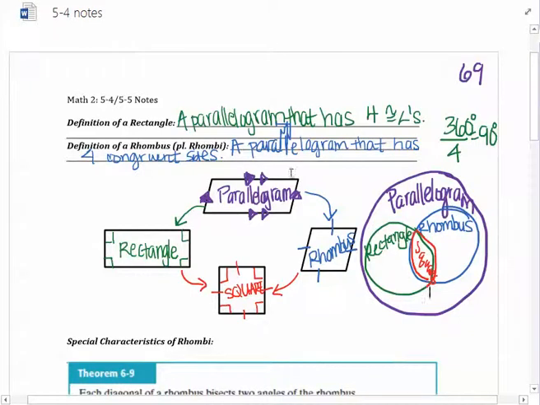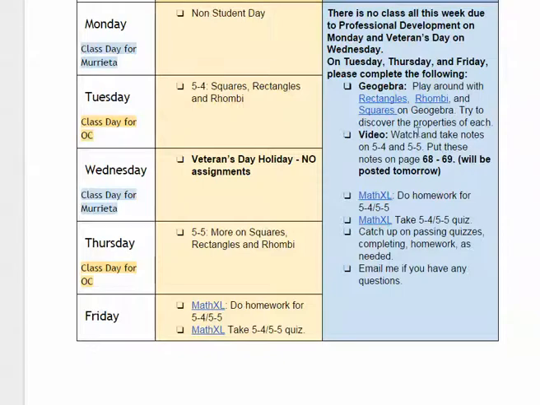So in your checklist, there are 3 links here for GeoGebra things that I want you to play around with first. So if you haven't already done so, pause the video. I want you to play around with this. So if you go to,